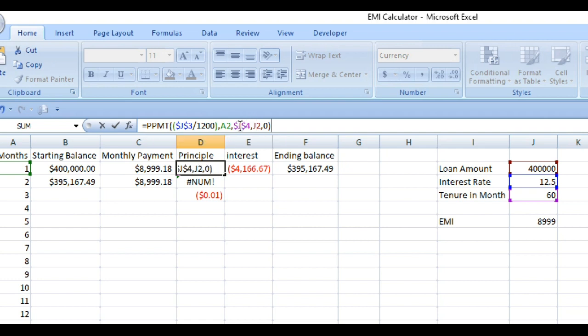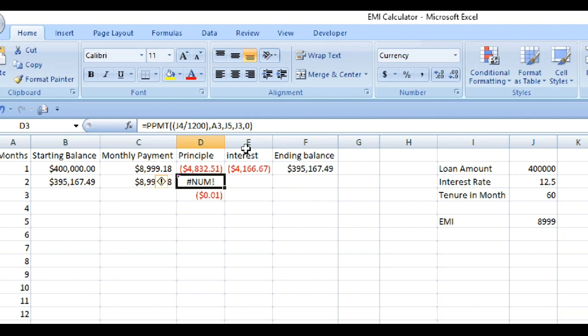We are also keeping the loan amount and tenure as fixed values, so I'm adding a dollar sign to fix those cells too. Now we have fixed the formula. By giving Control D, we get the principal amount for the second month also. We'll do the same fixed reference for the interest formula as well.